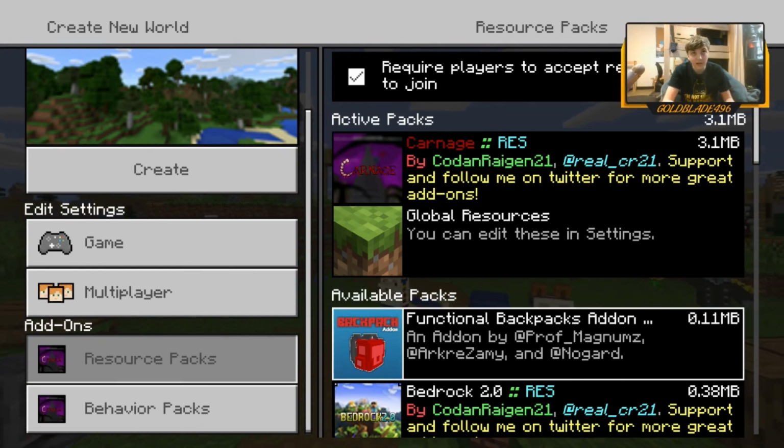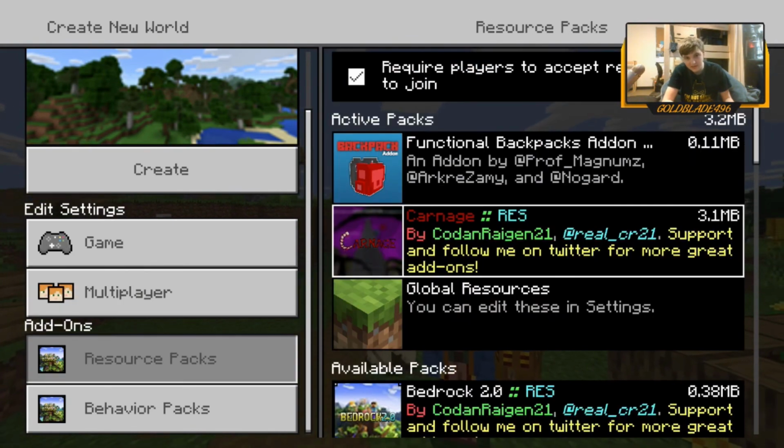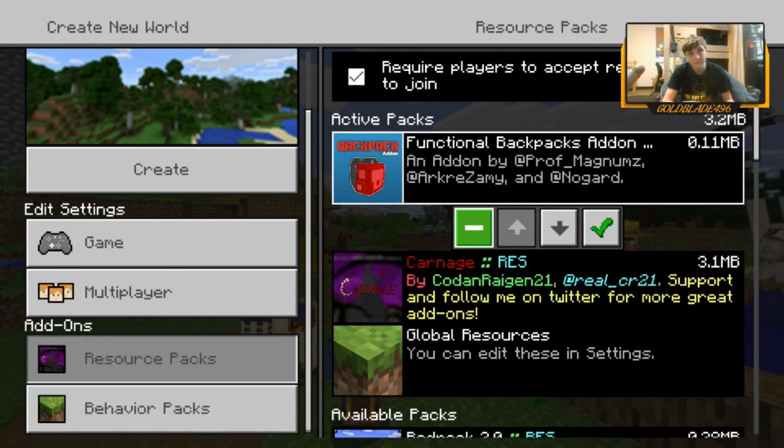functional backpacks is another mod I have. So this changes it to a ruby, and this changes it to an emerald. It's going to look like an emerald because this one's on top and this one was loaded last. So whichever one's on top will be the top dog and loaded last, so it will be the one that essentially